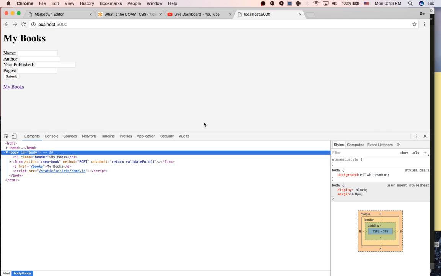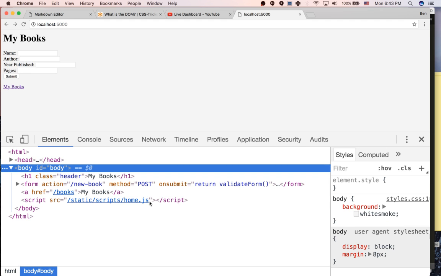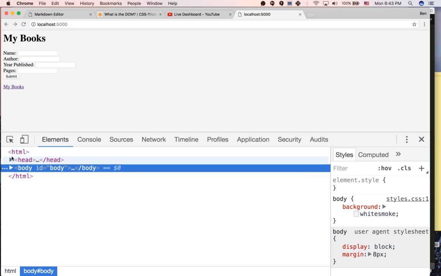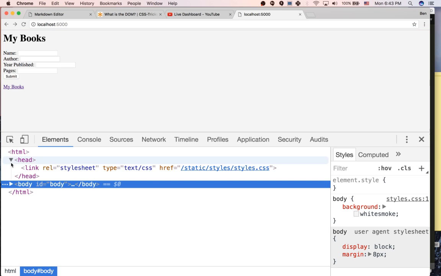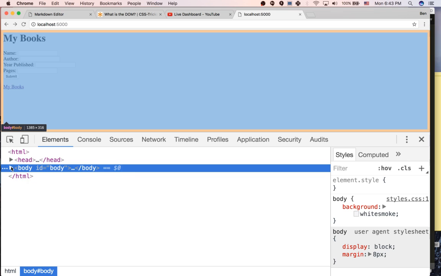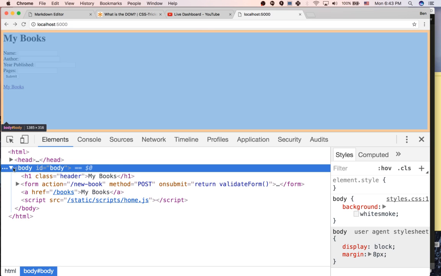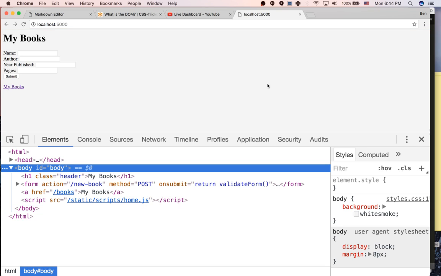Okay, so if we jump over into this Elements tab, and let me zoom in a little bit, you see these little triangles, and you can click and expand these different elements on the page. We call this the DOM, or the Document Object Model. What the Document Object Model does is it takes your HTML, which is just text, and converts it into these nodes in your browser